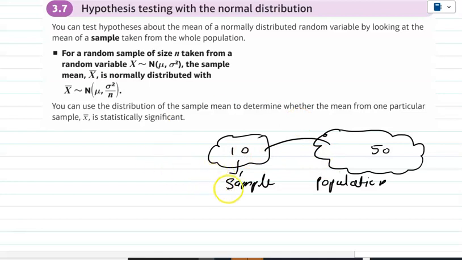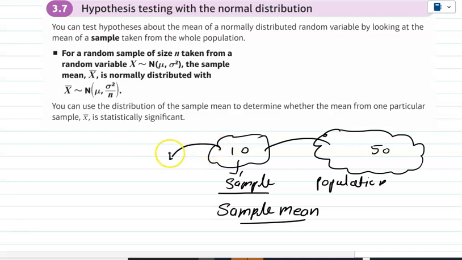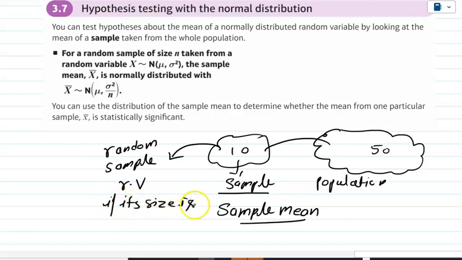Now, from the sample we are going to find the mean, which is called the sample mean. And if we select a random sample, in short RV, and its size is n, then for any random variable,